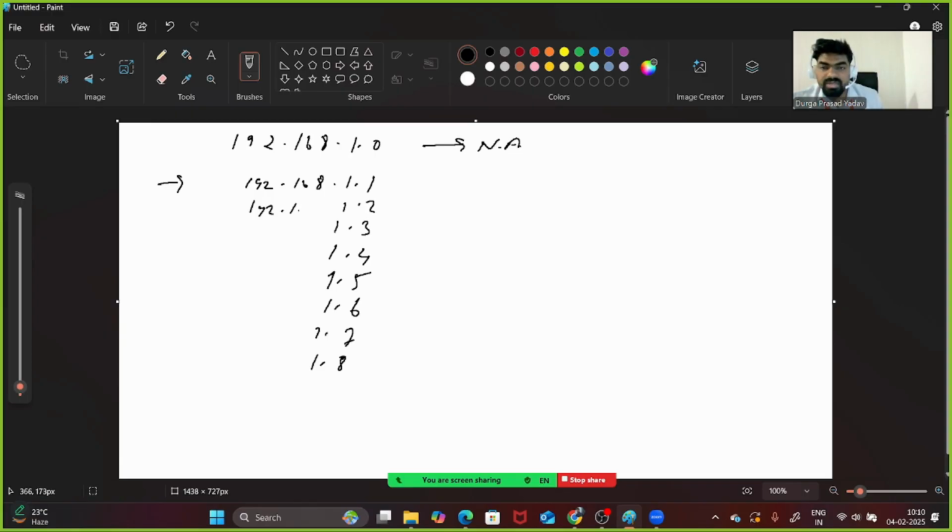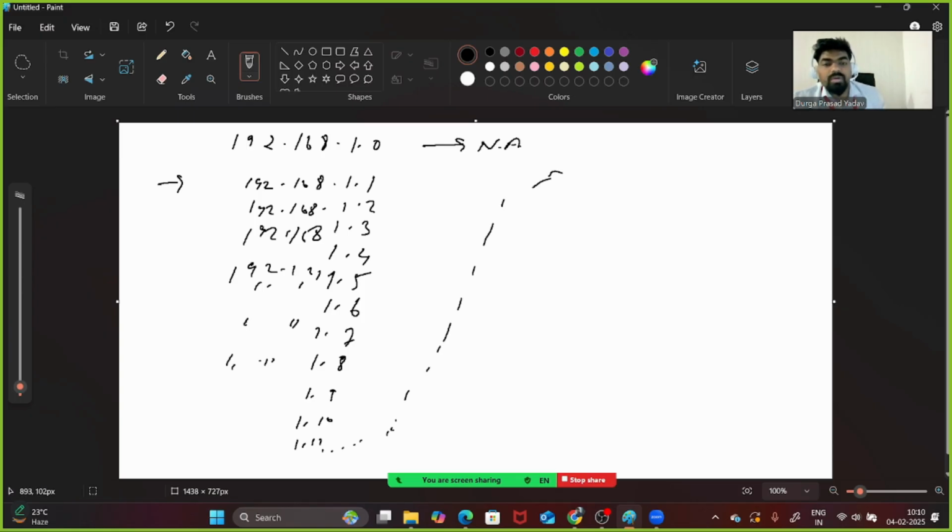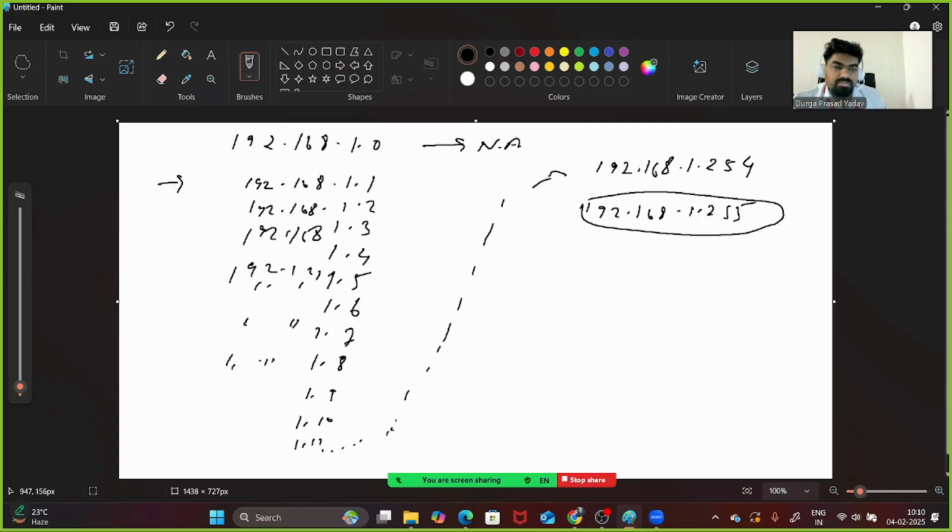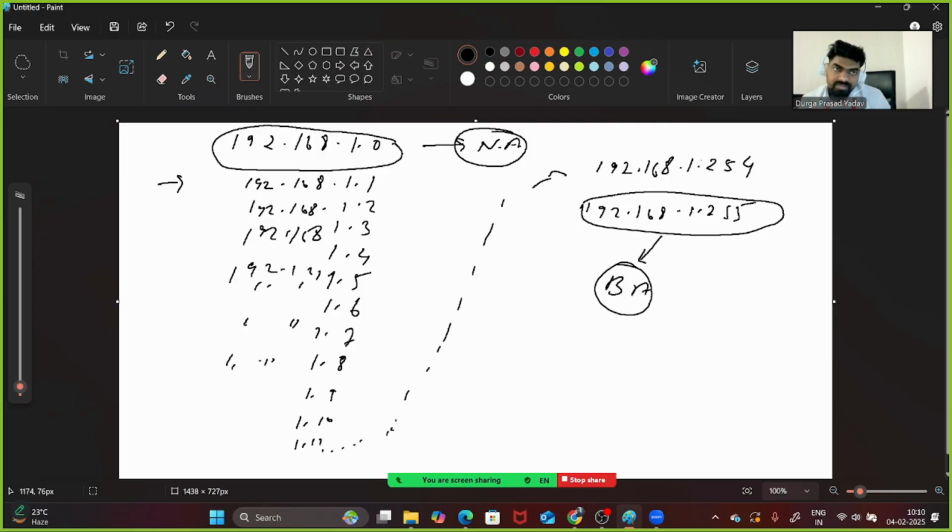This will be also here 192.168. This will be also here 1.9, 1.10, 1.11, like the same it will reach to 192.168.1.254, and then 192.168.1.255, and this is your broadcast address, and this is your network address, and from 1 to 254, these all